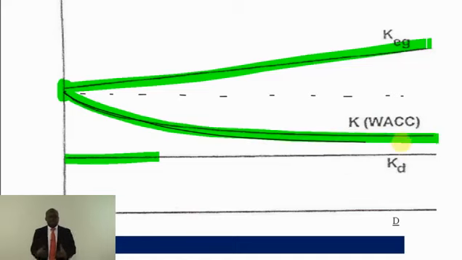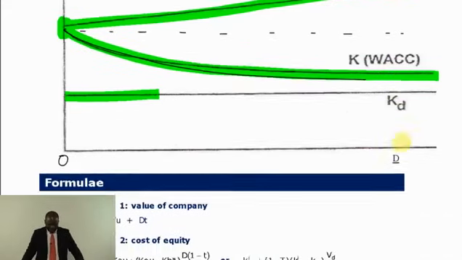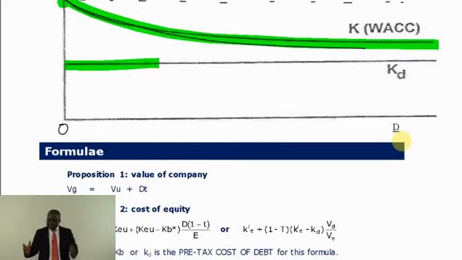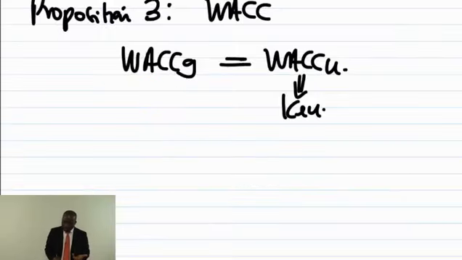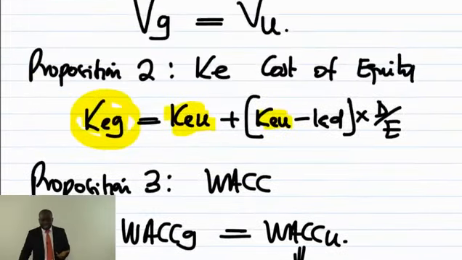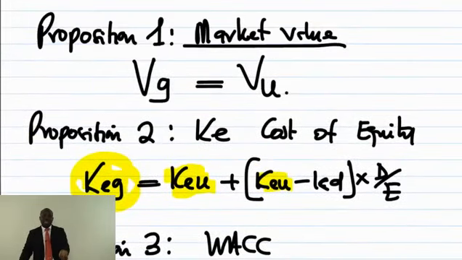Okay, so when they brought in tax, because interest is a tax allowable expense, the WACC is supposed to be decreasing, because the total benefit on the cheaper debt now will outweigh the increase in the cost of equity because of the tax benefit. And they still formed the equations of these lines, and that is what you are more likely to use, because the examiner is more likely to give you a tax percentage.